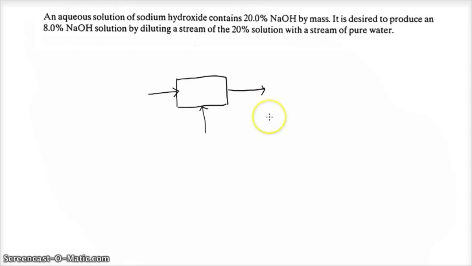And the aqueous solution of sodium hydroxide contains 20% of sodium hydroxide by mass. So we can put it here. 20% we can write as 0.20 kg NaOH per kg, while the other 80% is water, 0.80 kg